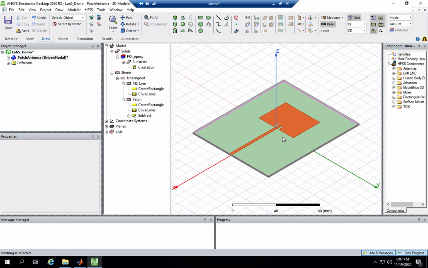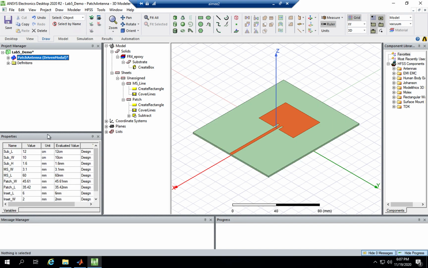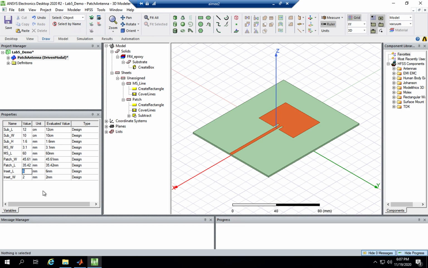So now we have the insets created, and of course, if you go in the variables, you can see if I change this to 10, the length is changing. If I change the width to like 4, the width is changing. So just change that back to 6 and 2. All right. And as I mentioned, the length of the patch, the length of the inset will be used